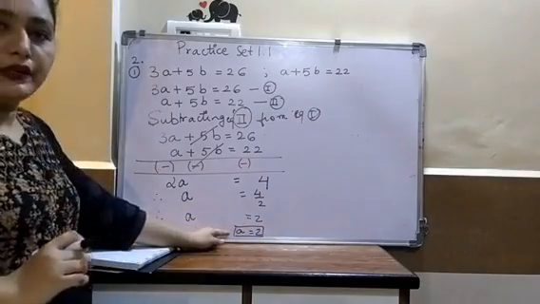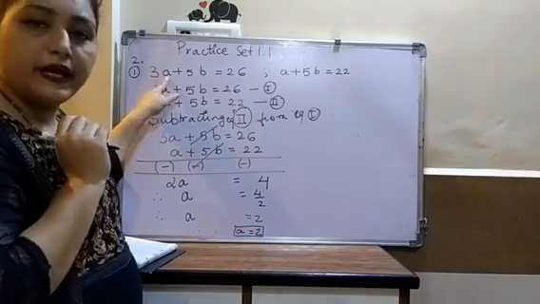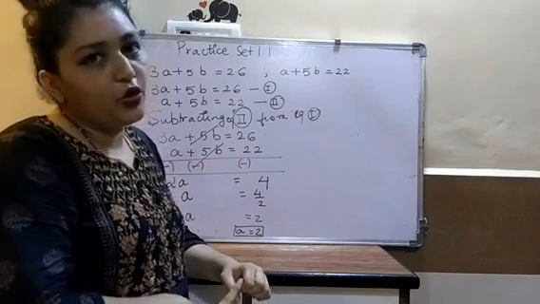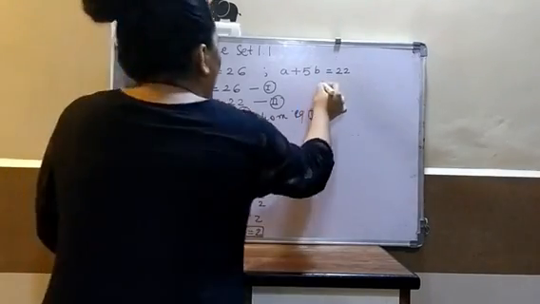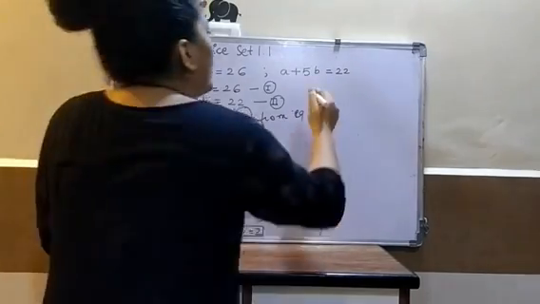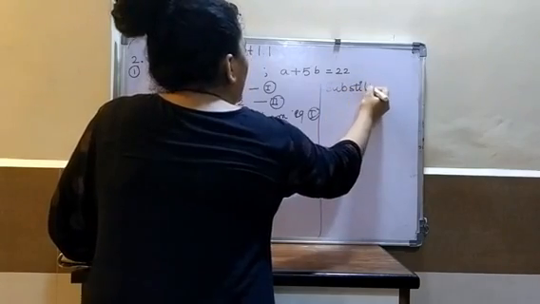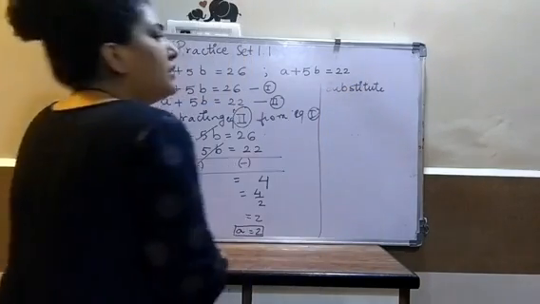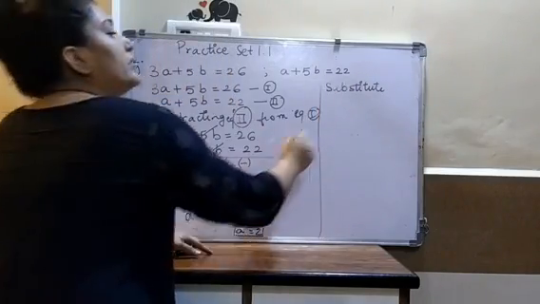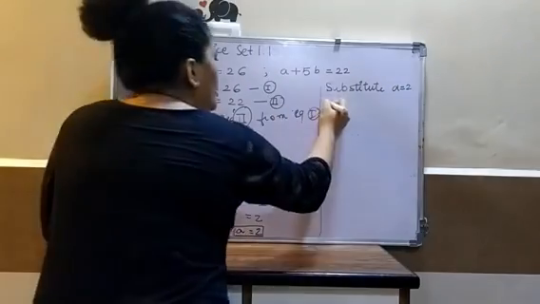Now we got a here. One of the variables value we have got, a का value मिल गया है. Then it is very easy to get value of b. So for that what we will do? We will just follow the second, that is the last procedure, and that is to substitute or to put. So what I will do? I will just substitute. Now what you will substitute? You will substitute a is equal to 2.